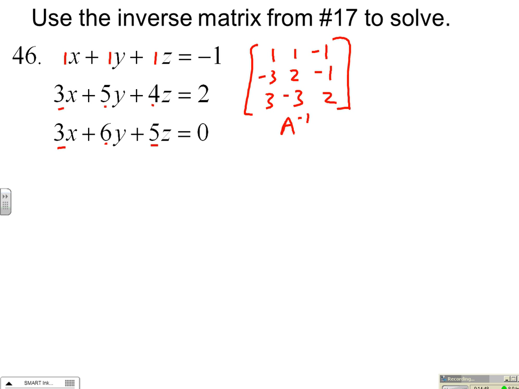Now, you're going to hear me say this a number of times. Using an inverse matrix to solve a system of equations is a lousy way to solve a system of equations. But there are some exceptions to that, and we'll talk about that in a bit. So the intent is we would set this system up as the product of matrices, and that can be set up as this: 1, 1, 1, 3, 5, 4 for our coefficient matrix, our matrix A, 3, 6, 5,